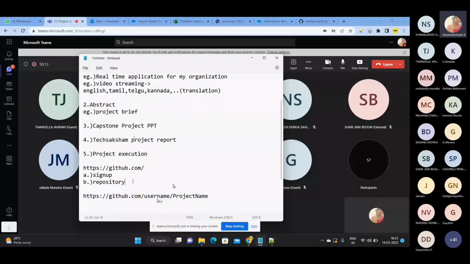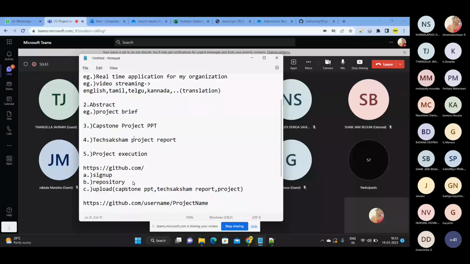And the third thing is upload a capstone PPT and Tech-Saksham reports and also your project and problem statement. Okay, this is enough. Okay, so I need everything should be uploaded and